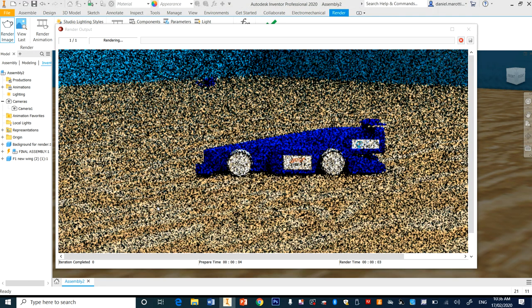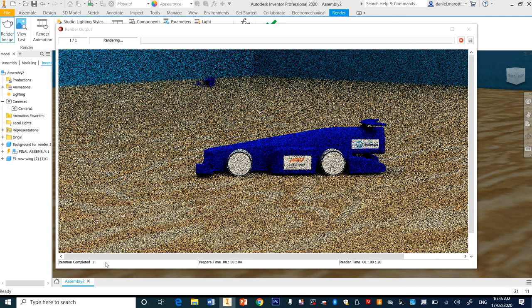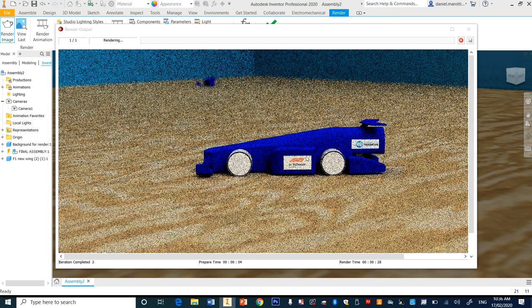You can see that it's starting to come together now. This render is going to be going for a long time. As you can see here, the iteration completed is at 0, and that needs to get to 10,000. So it's got quite a long time to go, and you're probably going to have to leave it overnight. By the time you come back, and you'll see it in a second once it clears up a little bit, this part here is going to be really high quality, and this section on the bottom here is going to be